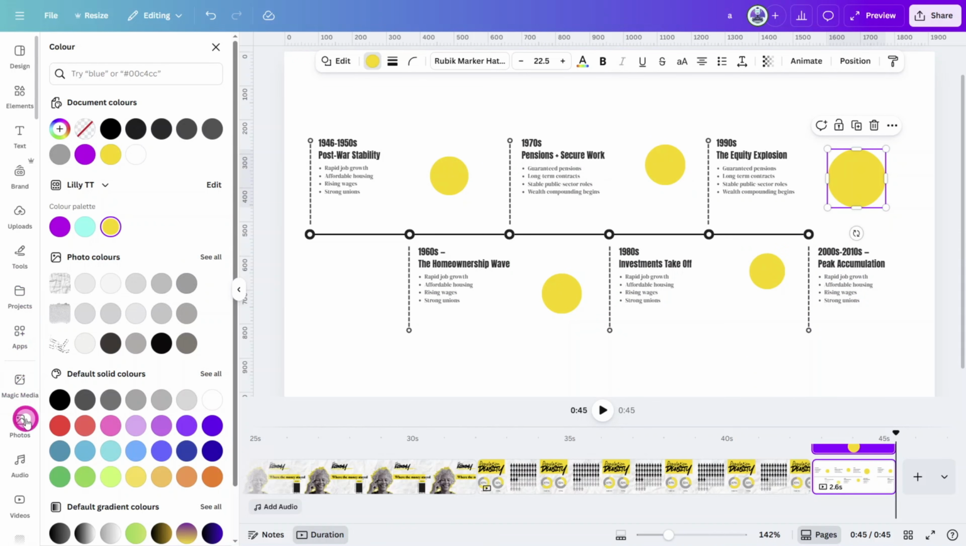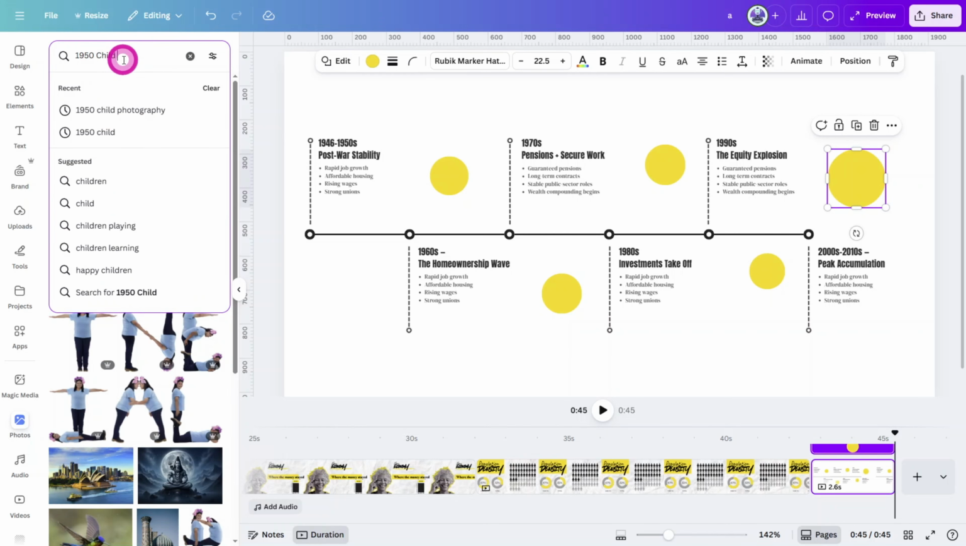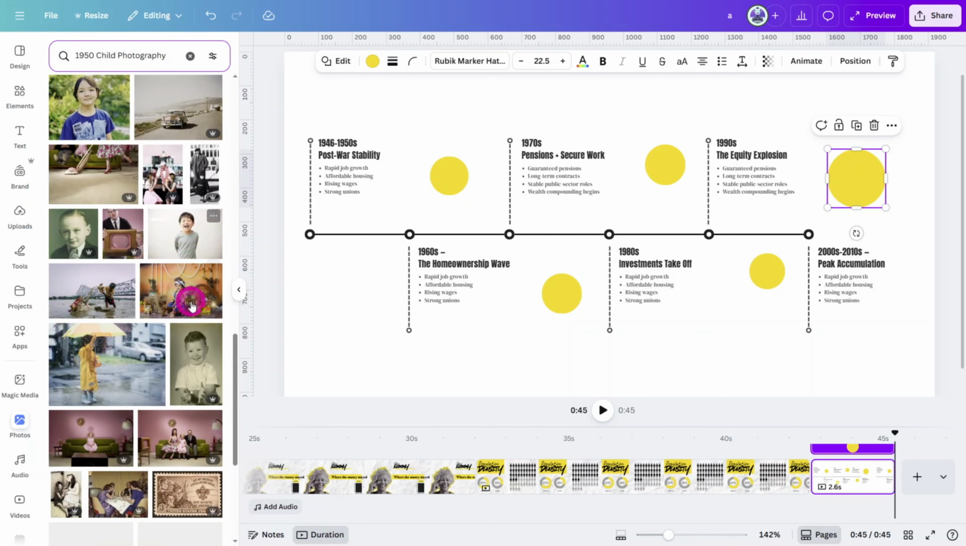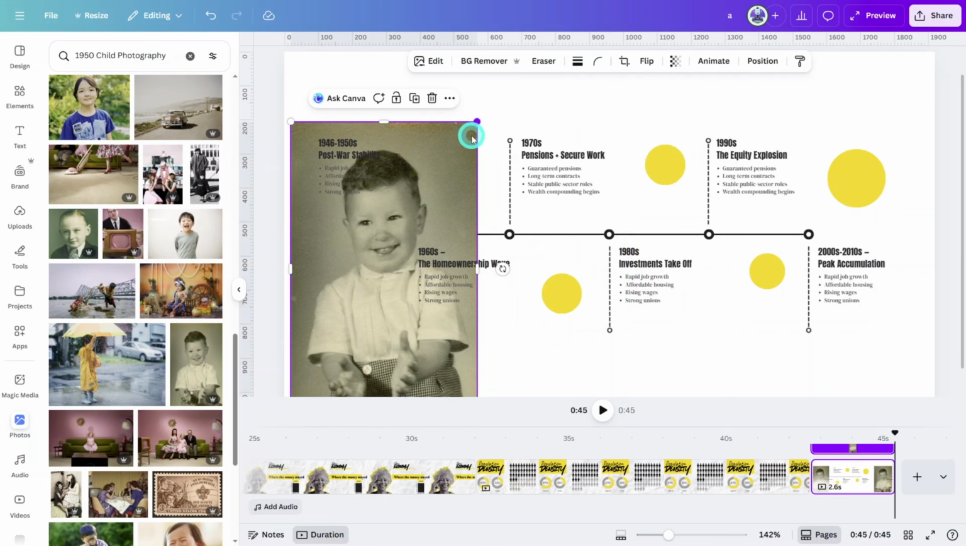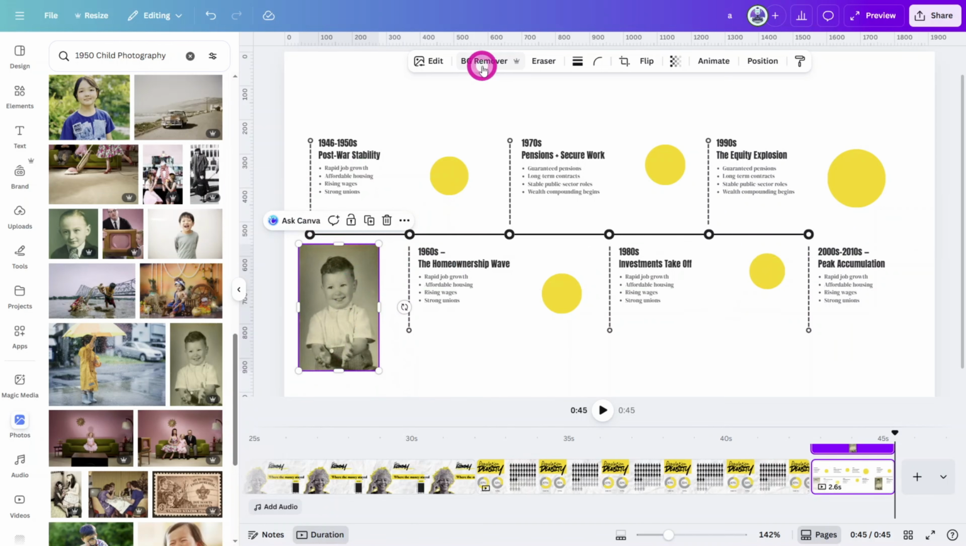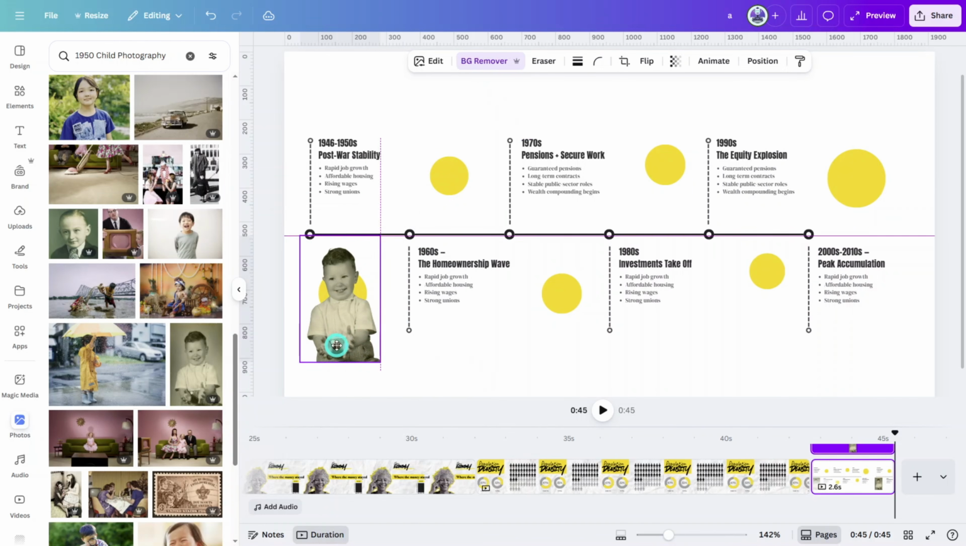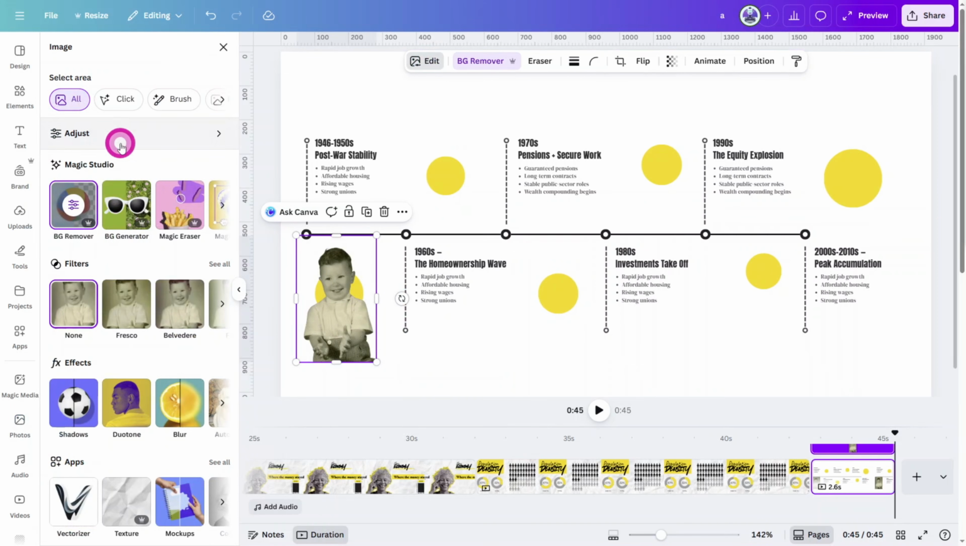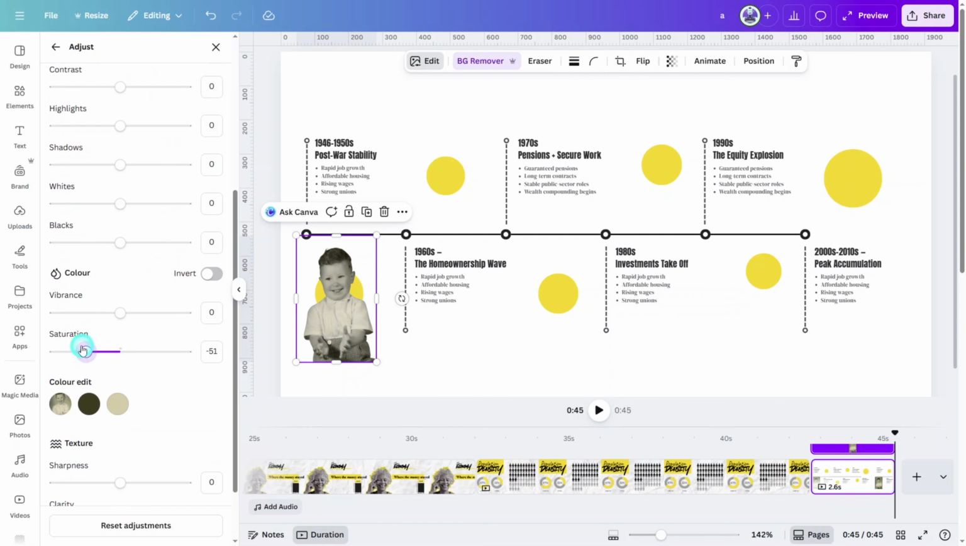Open the Photos library and search for 1950 child photography. Select this image, place it at the start of the timeline, aligned with the first point, place it at the bottom, and remove the background. Open the Adjust panel and reduce the saturation to